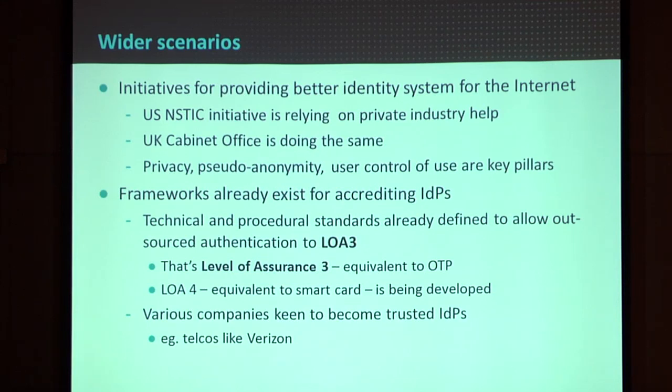What's happened since then is people have gone away to figure out how you have to have balances for privacy, how you have to allow pseudonymous and anonymous behavior. You have to put people in control of which identity they're using, when they use it, who they use it with, how often, what information can be deduced as part of that. And that sort of work is going on now, and it's actually building up to the stage. There's a program called NSTIC, the National Strategy for Trusted Identities in Cyberspace, which is looking to enable exactly this model for internet authentication, and it'll then be available for enterprise authentication as well.